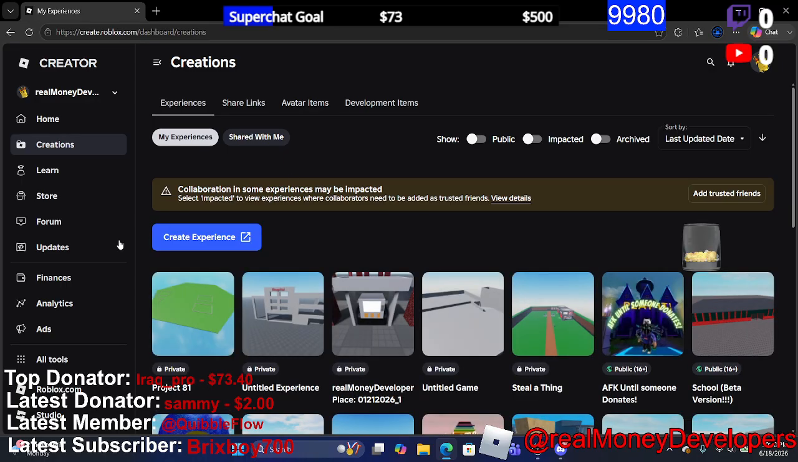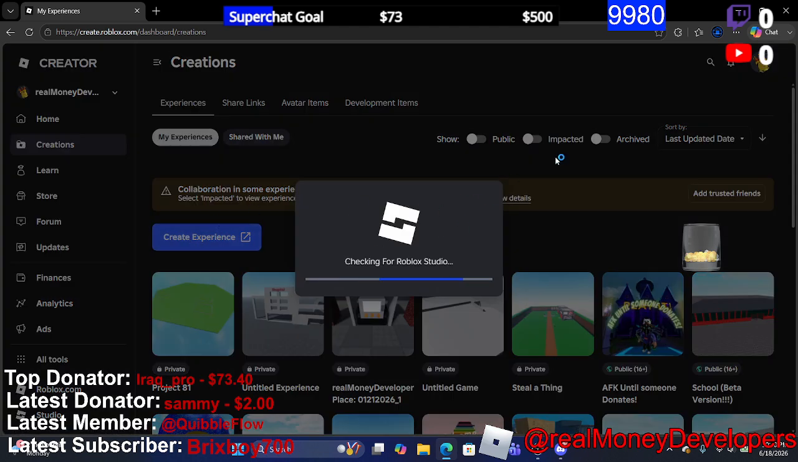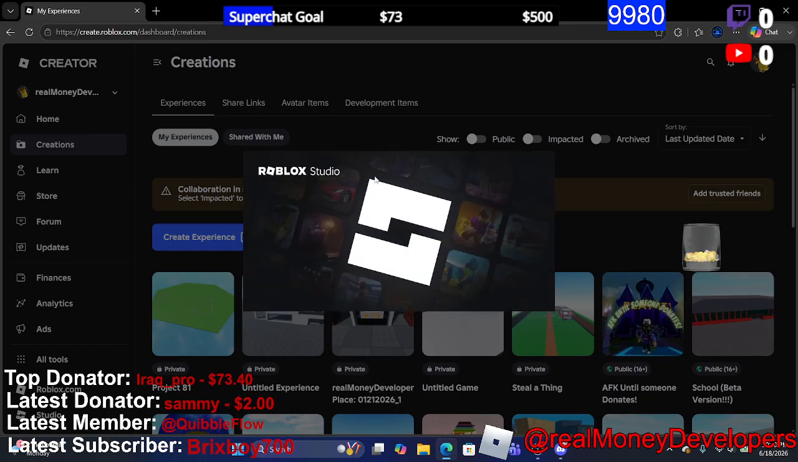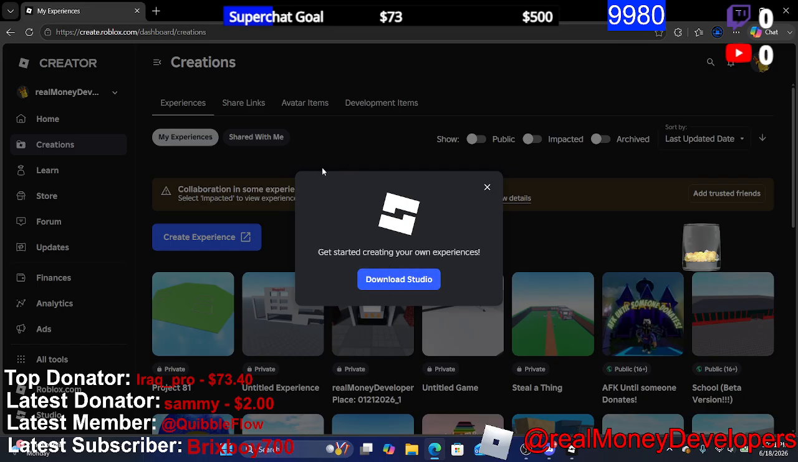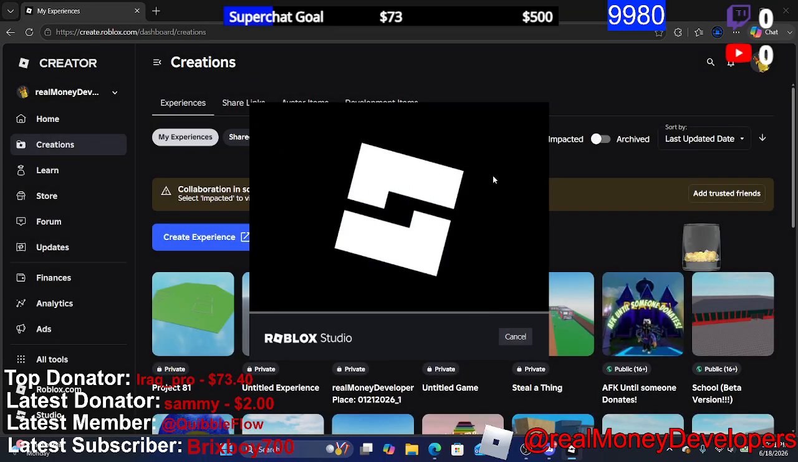So what you want to do is click on create experience. It should automatically download. If you don't have Roblox Studio, it'll pop up here and it'll say to download it. So yeah, right here you'll see this pop up. Click download Studio and you should be good to go. Once we get Studio going,